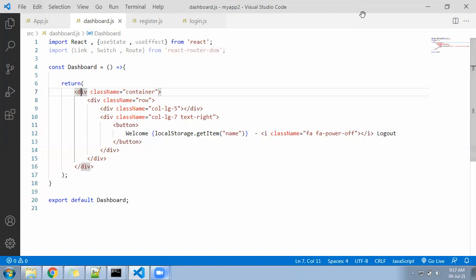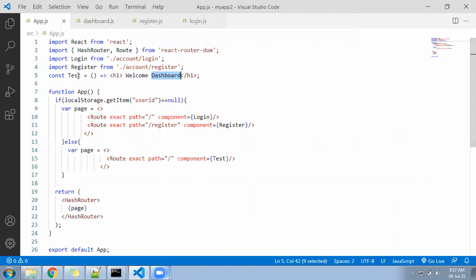Okay, hope you have written. After that, come back to the app.js file. Import the dashboard there.